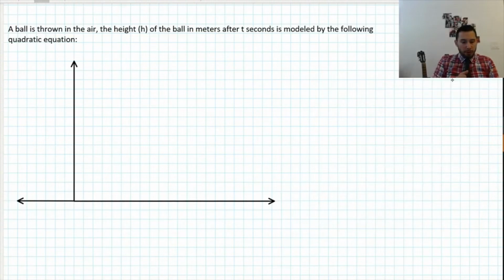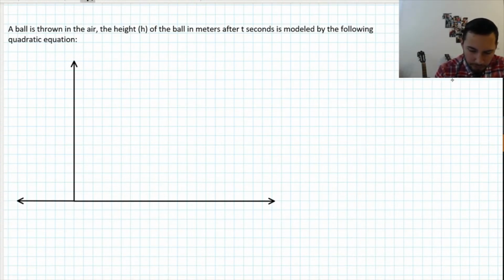Okay, so let's add an equation to this problem, and let's solve for the 5 things that I told you I think are the most common in these kinds of problems. So let's say, and again I have the same prompt. A ball is thrown in the air. The height h of the ball in meters after t seconds is modeled by the following equation. I want some function in terms of time. So I want height in terms of time. So this will be then